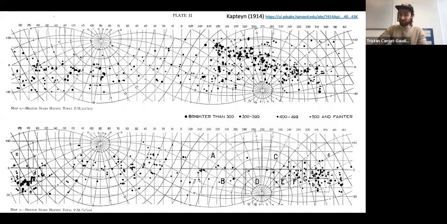I really like comparing what we do now with older references, and this is from over 100 years ago. People have been studying the 2D and 3D distribution of massive stars in the solar neighborhood for a long time. Actually, in this paper from 1914, they didn't even know that O and B stars, helium stars, are young stars. There was actually a theory that maybe stars are formed in a completely random, uniform way, and they converge during their life,